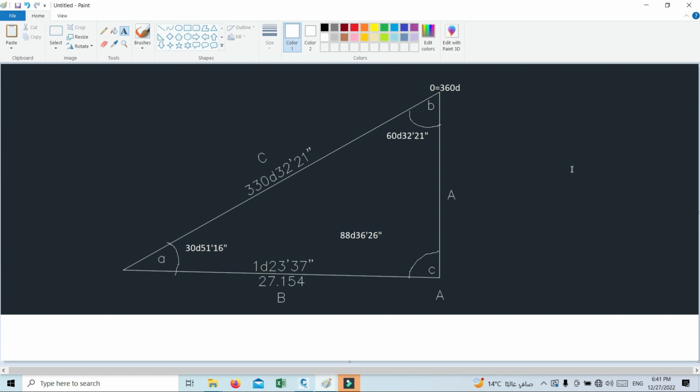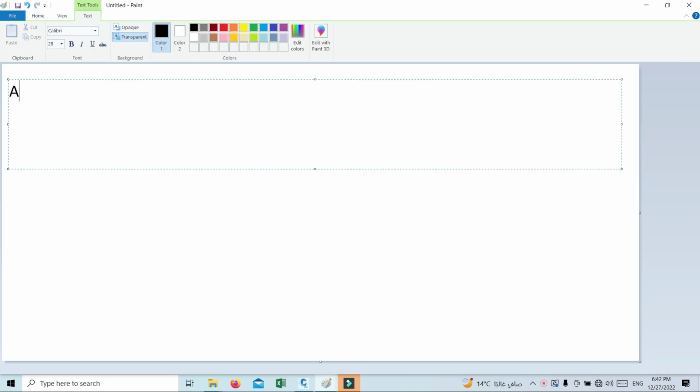What does the sine rule say? The distance of A divided by the sine of A is equivalent to the distance of B over the sine of B. Therefore,